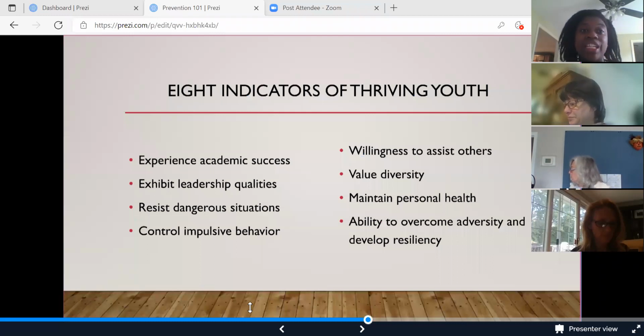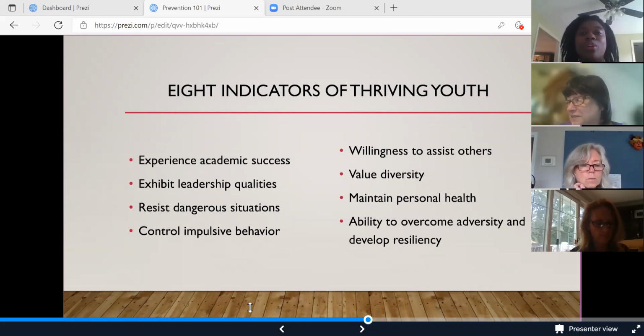Next, we have the 8 indicators of thriving youth. Now, the correlation between the 48 developmental assets and the 8 indicators of thriving youth is that we understand that if youth have well-developed internal and external assets, that we should see these indicators present in that young person's mental and physical and emotional development. The more assets that a young person presents, the more thriving indicators that we should be able to report. So a strategy for combating substance use within a community is to find a way to increase their assets, increase